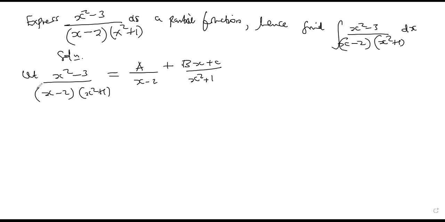Take the LCM, cancel them. You have x squared minus 3 as a into x squared plus 1 plus bx plus c